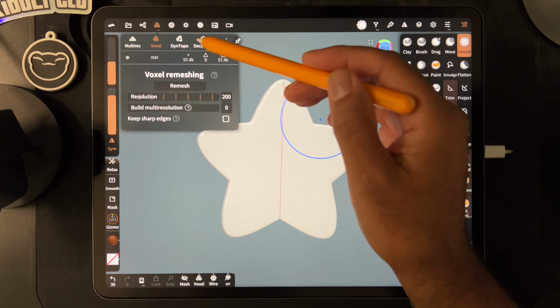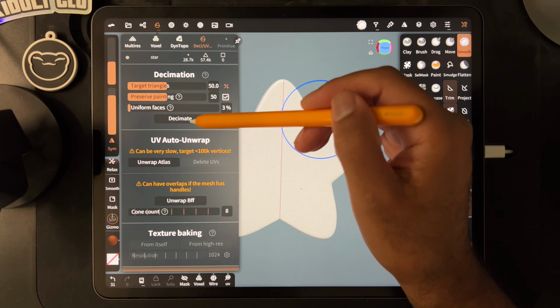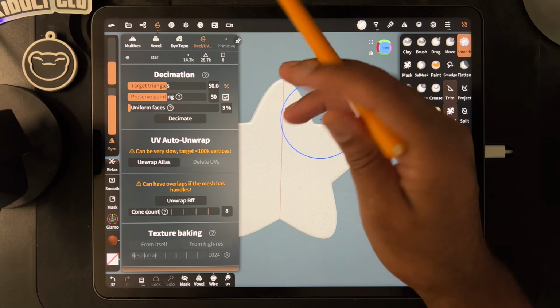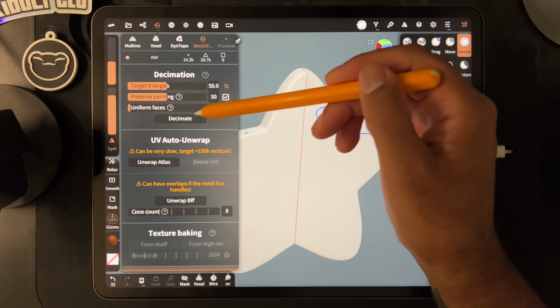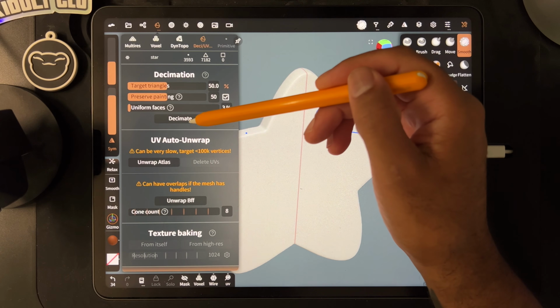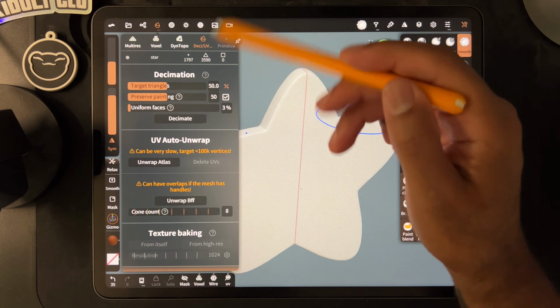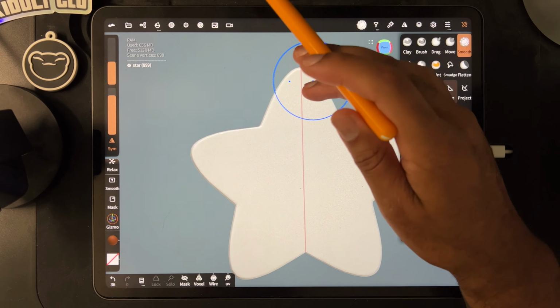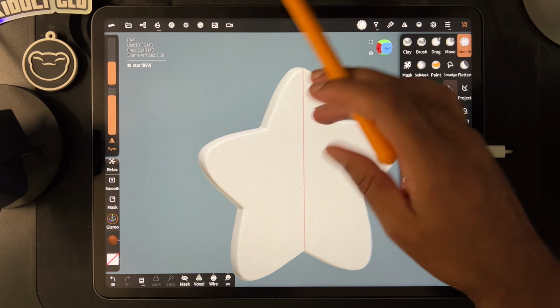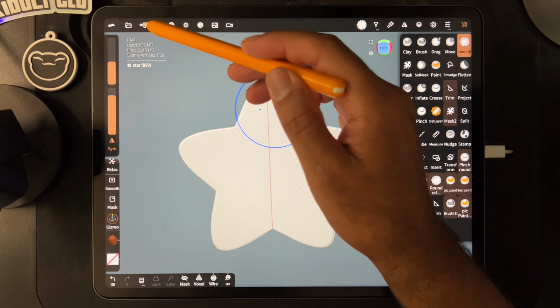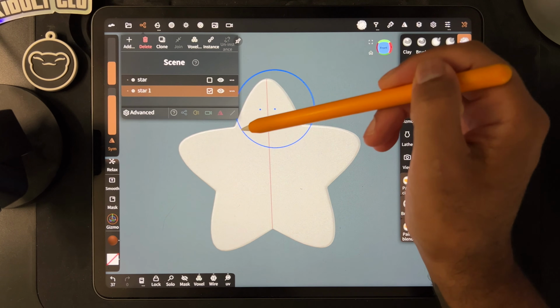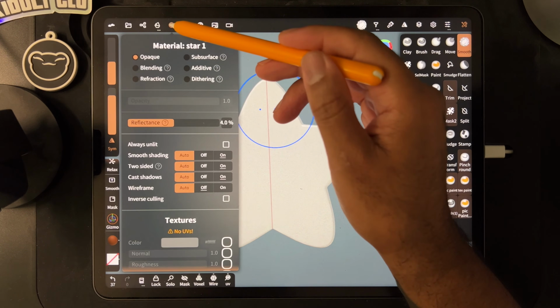Just go here, deci, and you can decimate them. So just keep hitting decimate, but just keep an eye on it. You don't want to lose too much quality. So you can decimate it down. So maybe it's like, even that, it's at 8.99. But one thing I like to do is you can clone it, and then the clone, you can